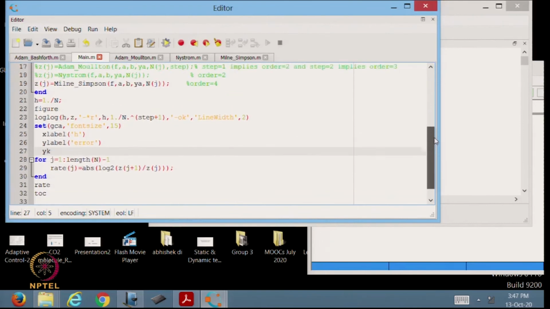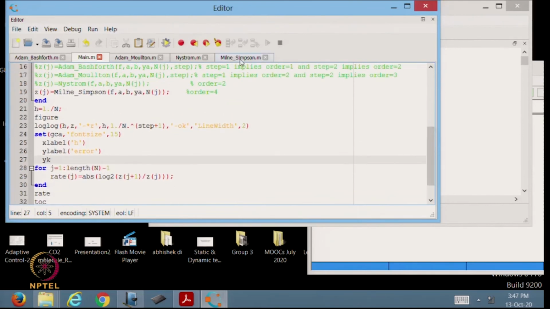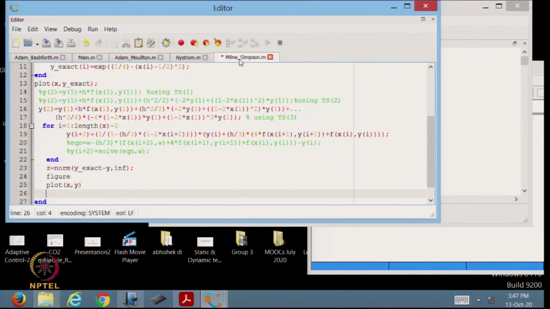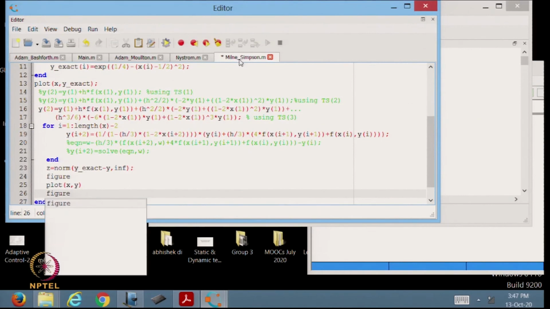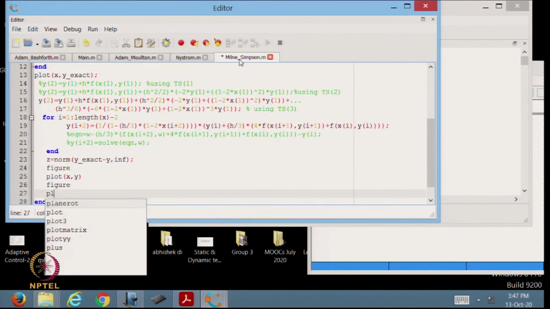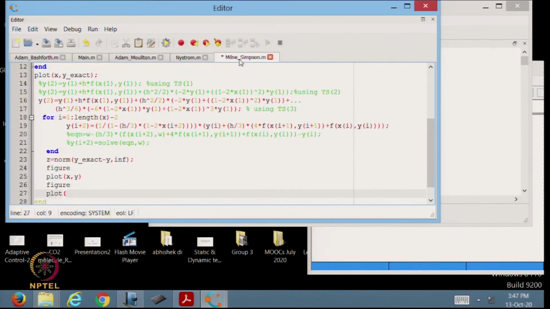You do not compute the norm of the error, instead you plot the error. Okay. So, here itself in a separate figure we can plot the error, x into z.